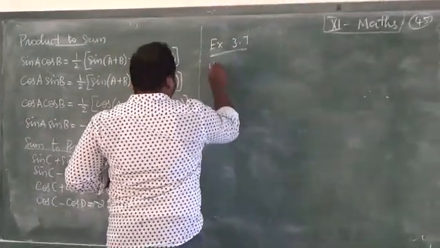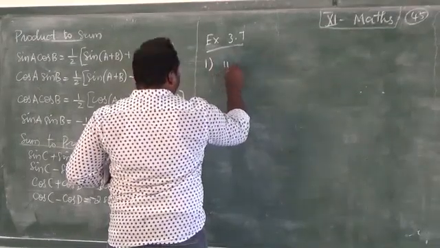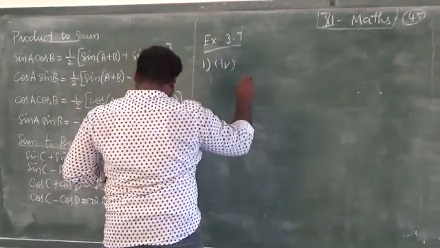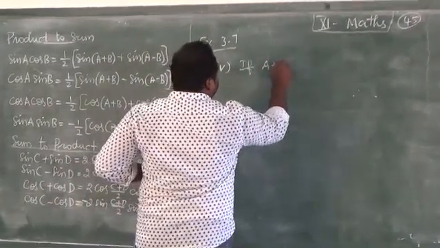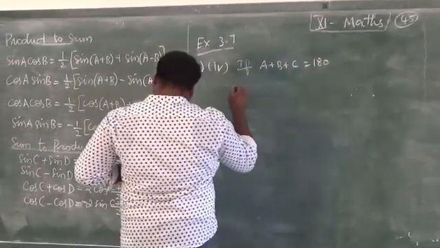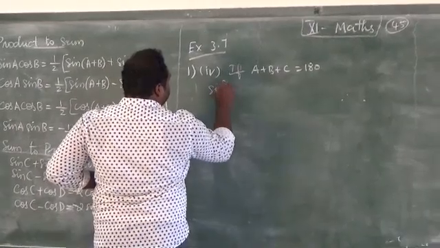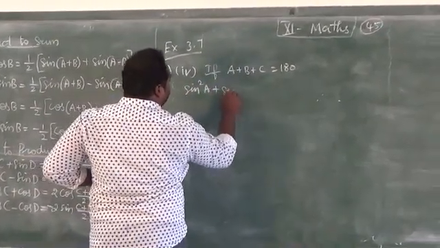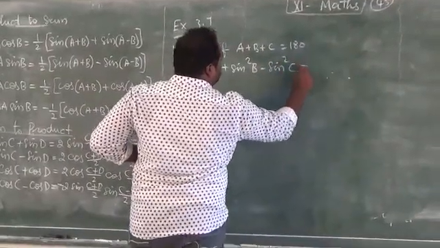Question number 1, fourth subdivision. The subdivision is given already: A plus B plus C equal to 180. The question is sin square A plus sin square B minus sin square C equal to